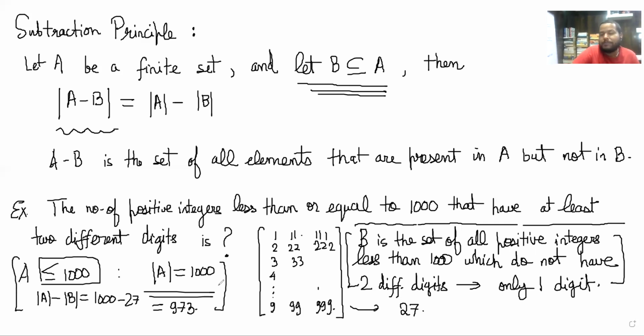I'm showing this problem just as an illustration to understand what it means to use this subtraction principle. The subtraction principle is basically a complementary counting that we are doing, right? So we are not counting something directly, but thinking of when the property is not satisfied. Let's count those and subtract those from the total number of cases. So keep that in mind as we go ahead.